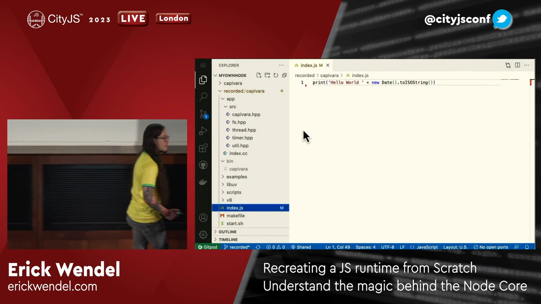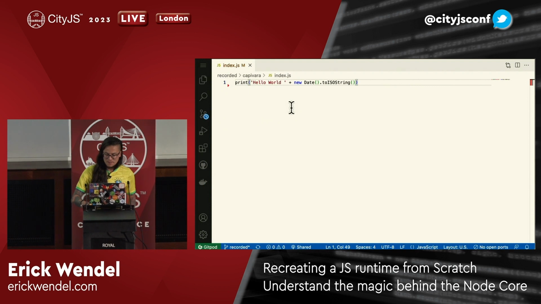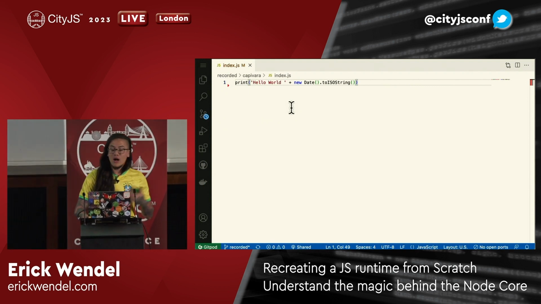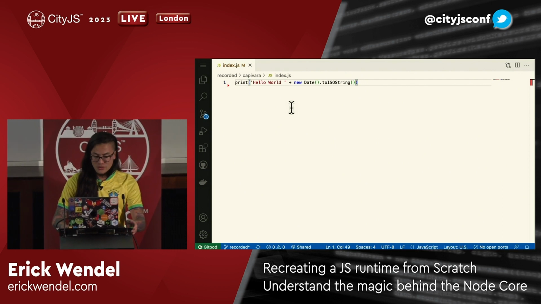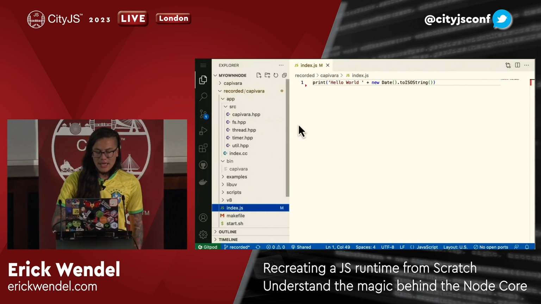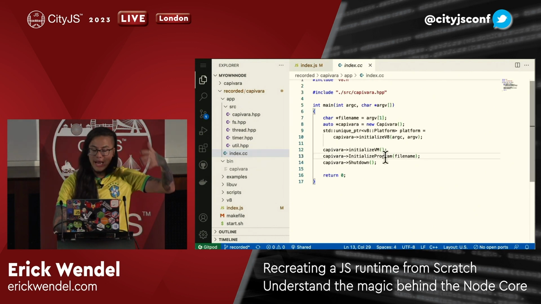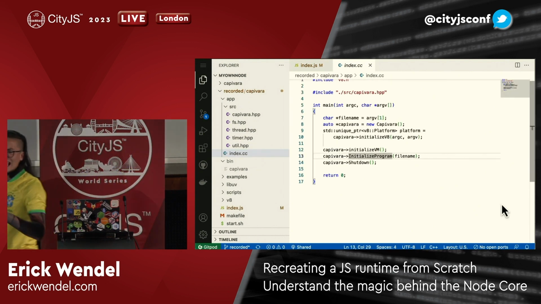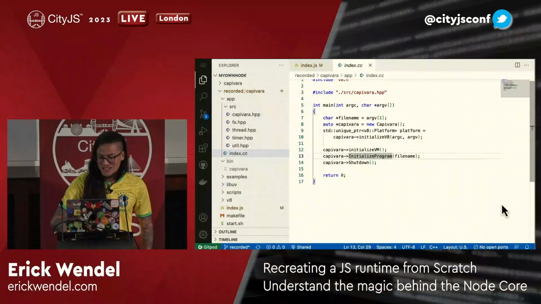All right, the best way to see how everything works is in practice, right? So let's see how Node.js is working behind the scenes. This is part of my tutorial also. And I'm gonna show first the index. So here is where I initialize my program. It's like our index.js that we have there. I call it capybara, which is a very common animal in Brazil, so I brought some references, right?